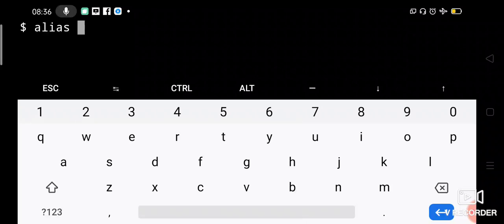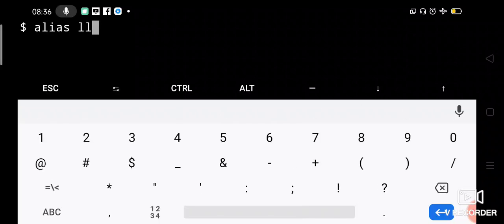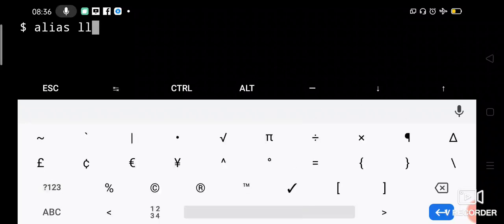So the alias command is there to give a name to an already existing thing. Let us give ll. Okay, ll is a name. See, ls -l will long list all the files and directories, right? So for that we will create a shortcut ll. Rather than typing ls -l, you can simply say ll.